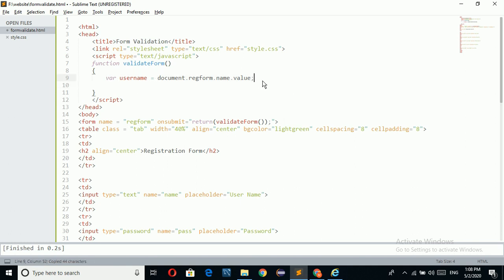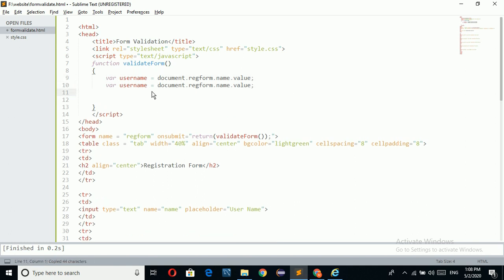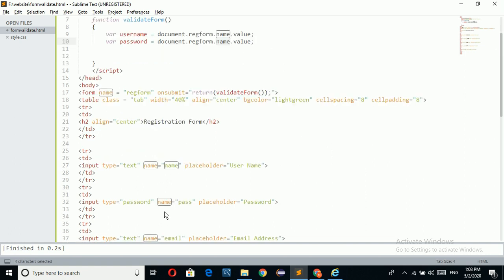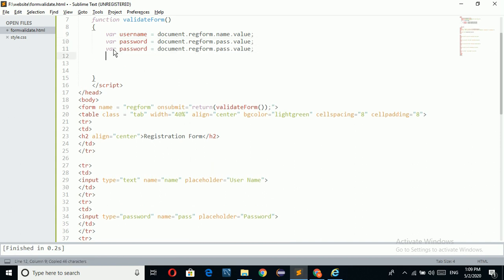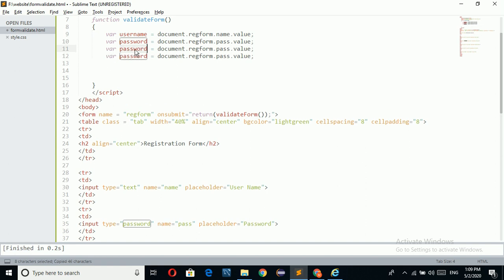So now I am going to take password, and document dot form name dot, here we have to give this name, password. Here I am going to take one more variable.